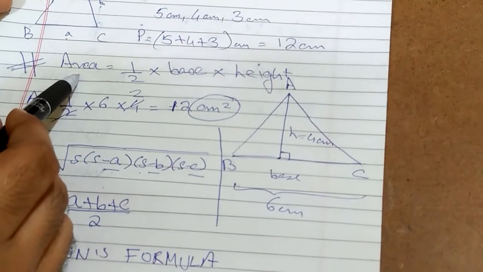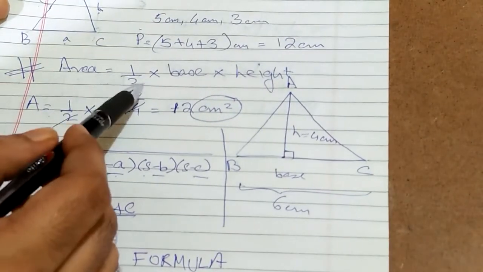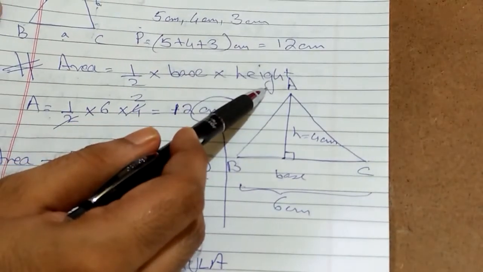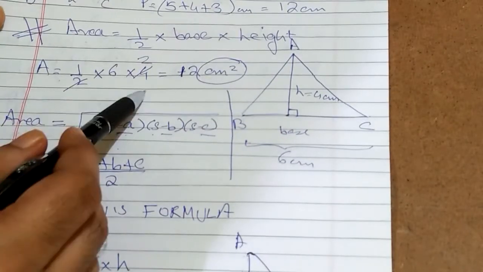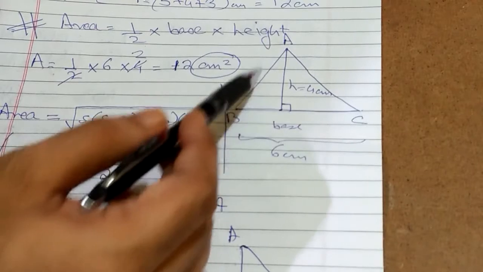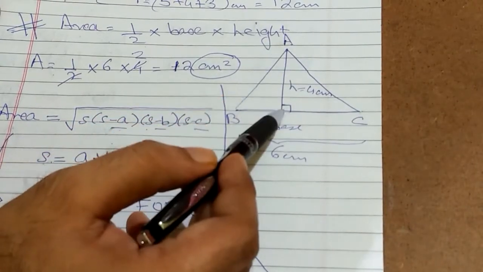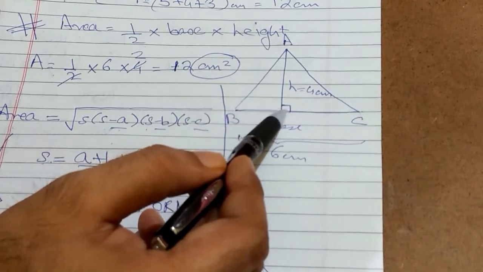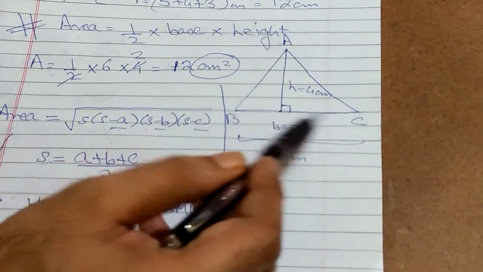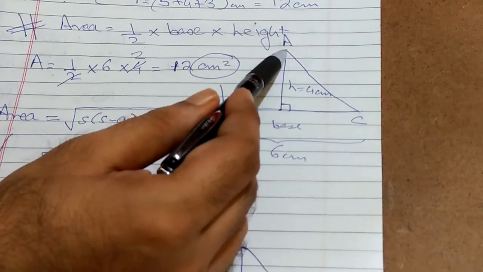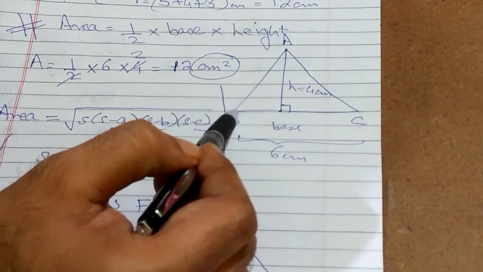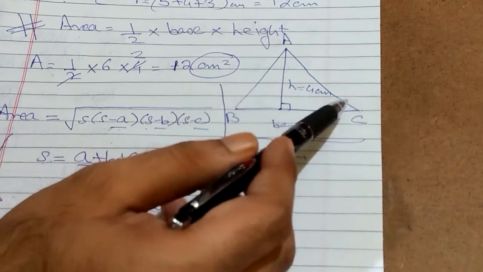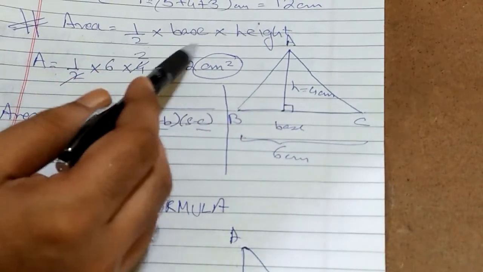The general formula to find area of a triangle is area is equal to half into base into height. Any triangle you can put this. Like here we have solved one example. And what is the height? Height is the perpendicular distance when you draw a straight line from the vertex on the opposite side and it is perpendicular to the base. This is called base because you are drawing it from this vertex. If you draw from this vertex, it should be falling on this and then this becomes the base. So the formula is half into base into height.